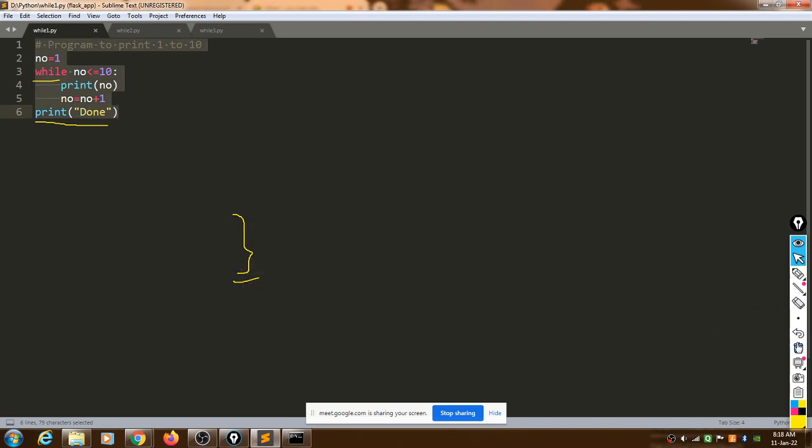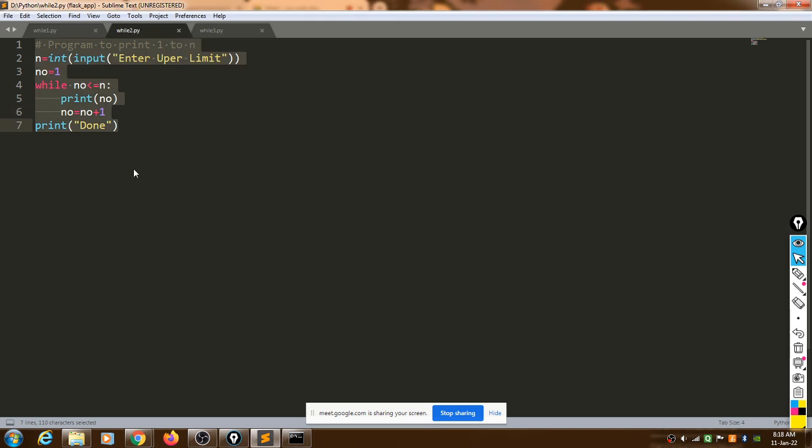Okay. So this is the first question we have studied. What is the next question? In this question we know the lower limit as well as the upper limit. The next question we took in the last practical: we know the lower limit but we don't know the upper limit. In this example we have printed values from 1 to 10. If we change this to 20, what does it give? It will give numbers from 1 to 20. So whatever value is there for the upper limit, it will print up to that value.